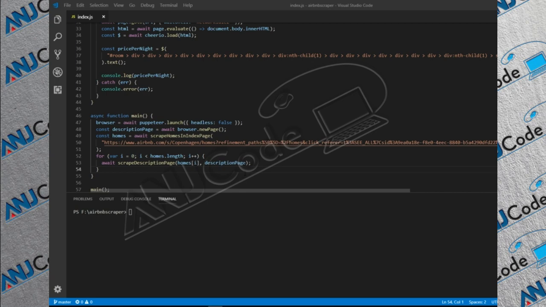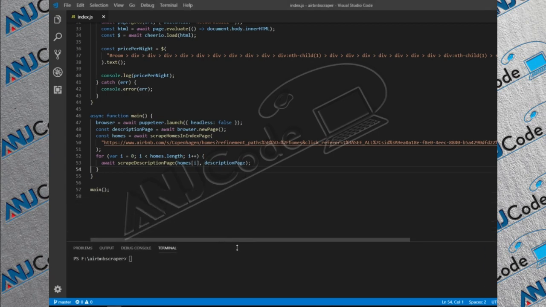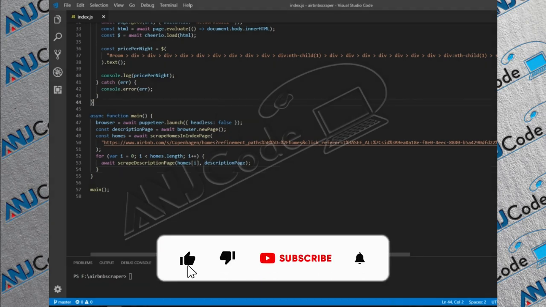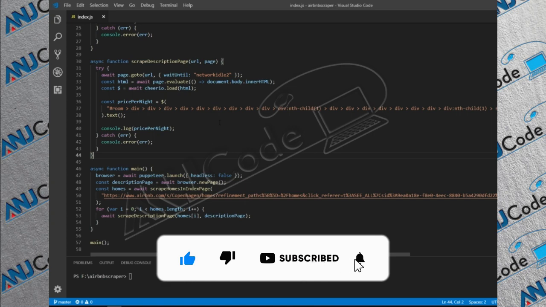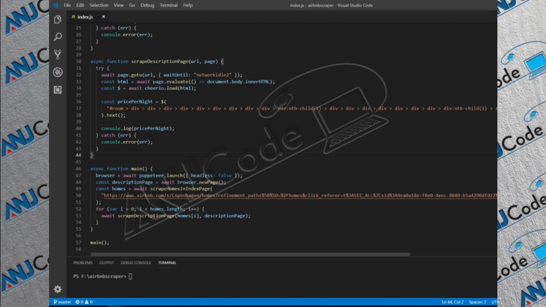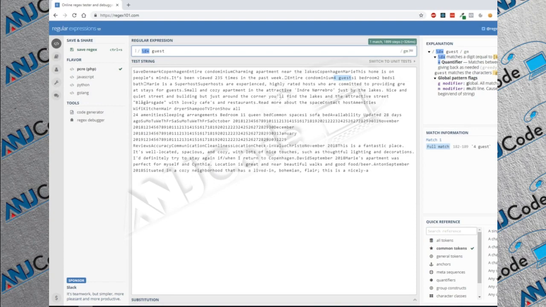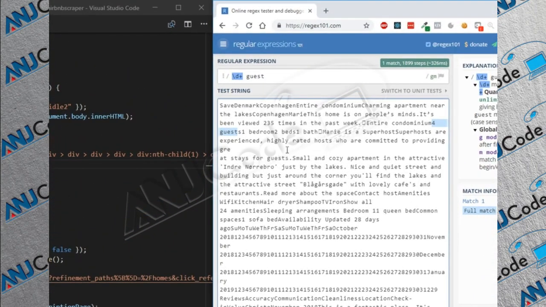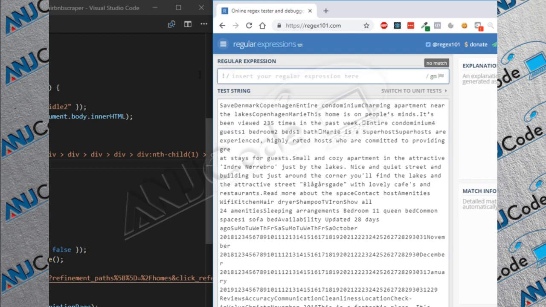Okay guys, so now it's time for us to scrape the number of guests that's allowed in the rooms. I've removed all the code I showed you in the previous lecture because I just wanted to show you why we are going to use regular expressions now. So let's get on to it. On my right side, I have my favorite site for checking regular expressions, and I'm going to be showing you in a moment how we are going to use this. Let's first